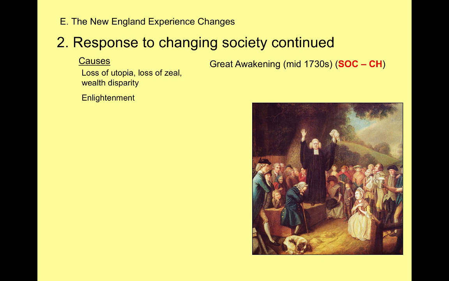Another cause of the Great Awakening is the Enlightenment. The Enlightenment is going on in Europe, and it's spread to the colonies. The Enlightenment and the scientific revolution is this idea that man can figure out how nature and science work. Man can control their own future and destiny. It's all about humans controlling things. And these very religious people think, no, that's not right. We are controlled by God. He's omniscient and omnipotent, and we should reject that idea. And so it's another cause: people rejecting, to some degree, the Enlightenment.